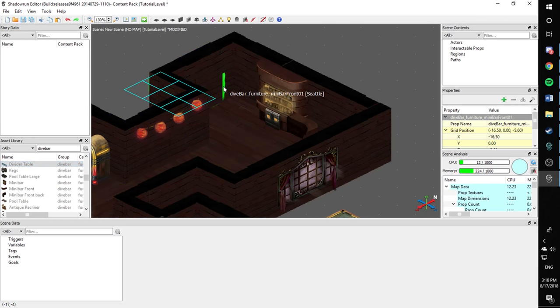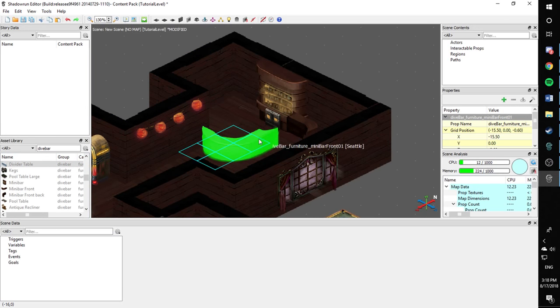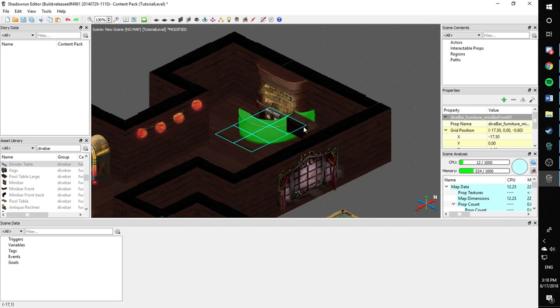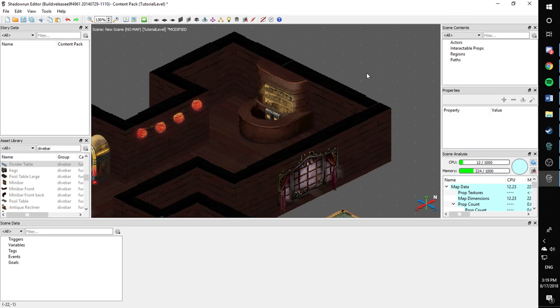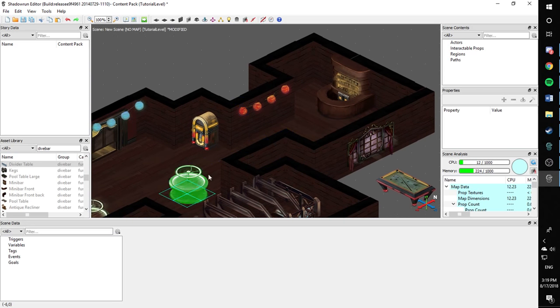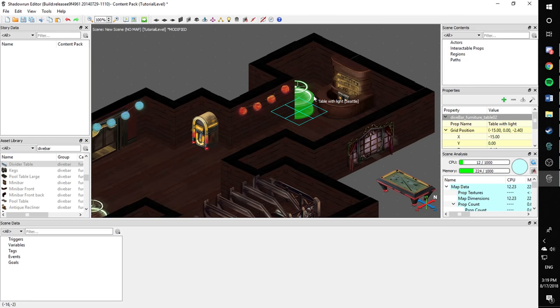So then you have this here, which I'm guessing would, yep, there we go. Boom. So you have your little mini bar back here, and let's say that over in this corner here, you have a little,